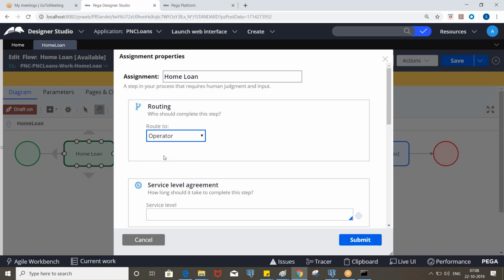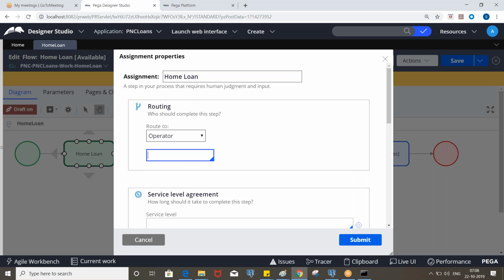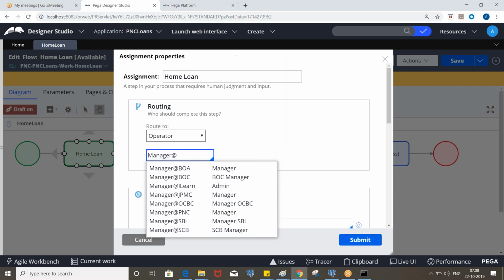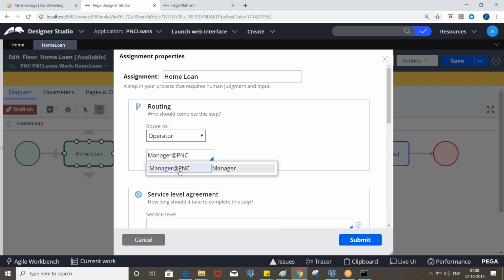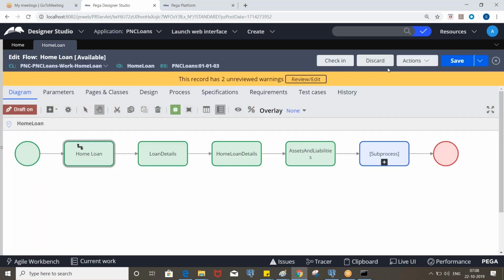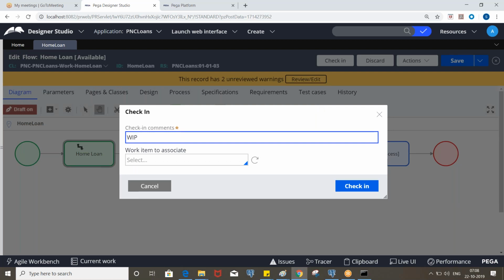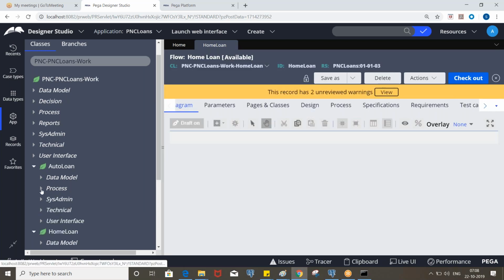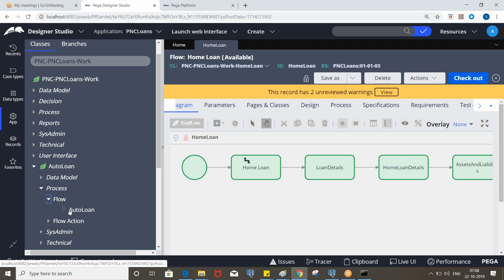So let's change from current operator to PNC manager. Okay. Next, go to the auto loan and route the first assignment.